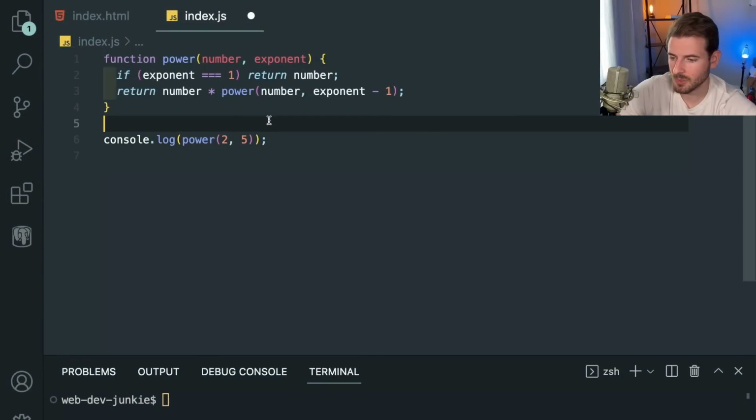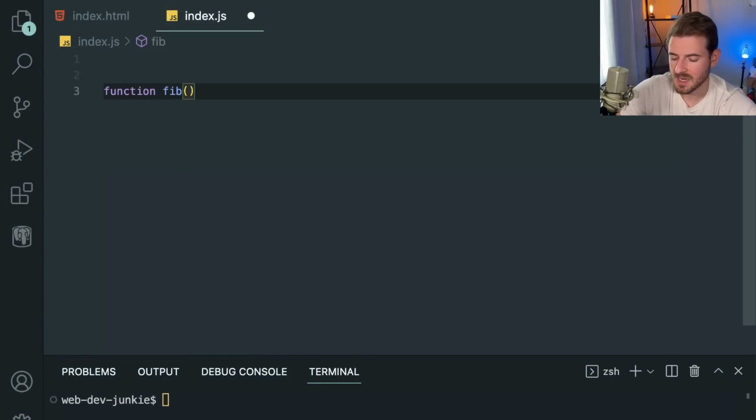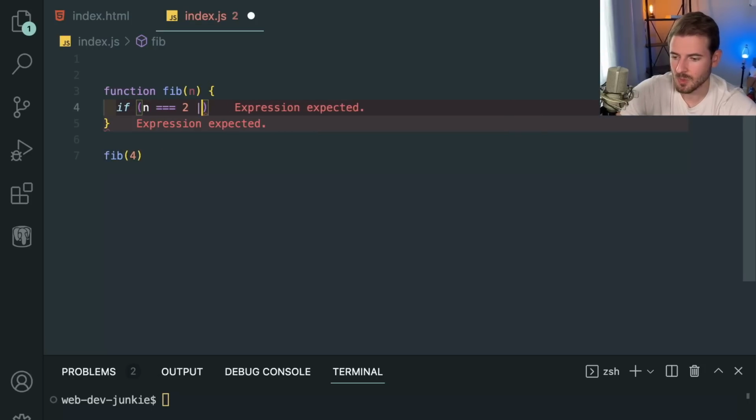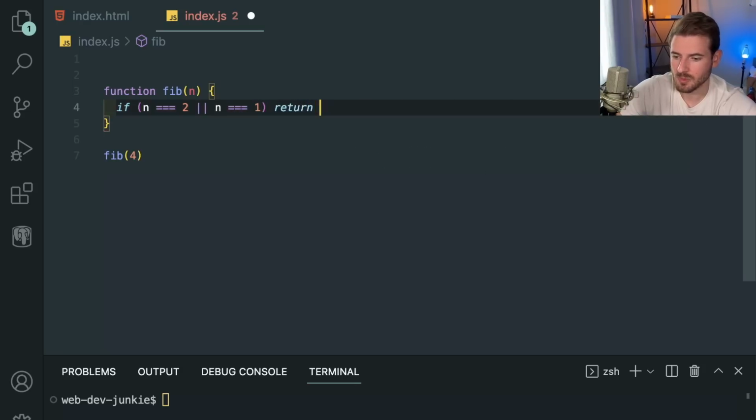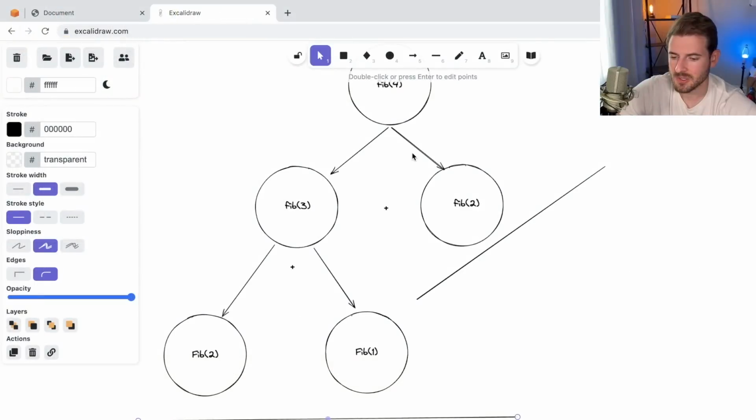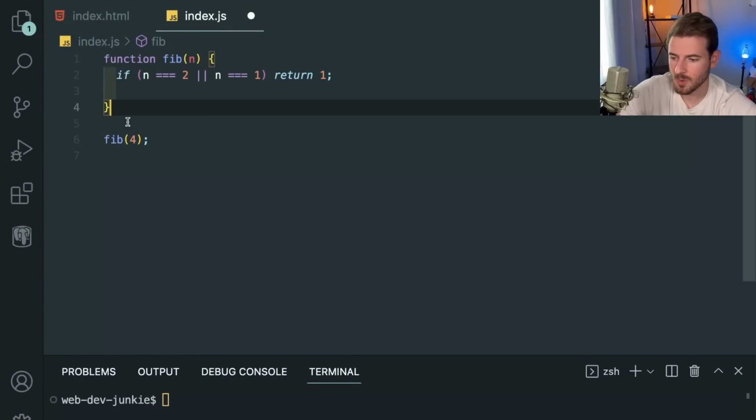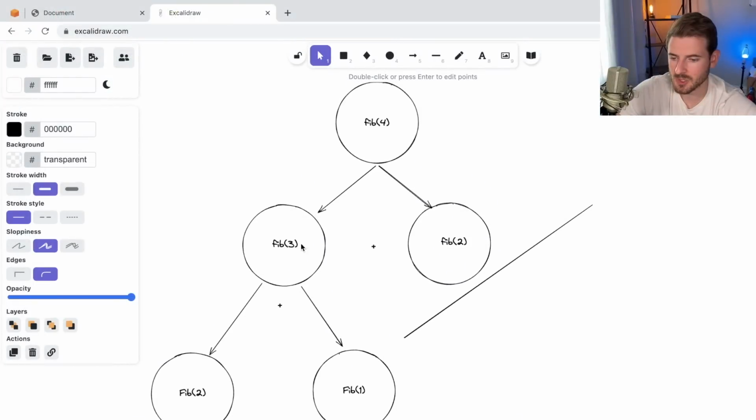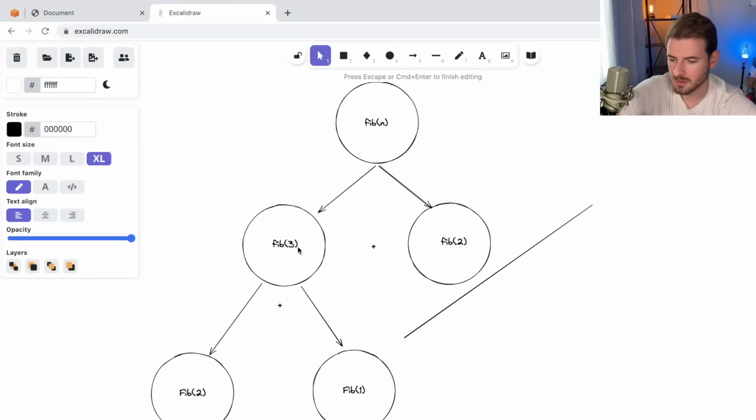So let's go over to the code real quick. I'm going to make a function called fib that takes in a number, and I'm going to call fib of 4, like so. And then the base case that we need to start with is if n is equal to 2 or n is equal to 1, then let's just return 1. And now we need to go and figure out the recursive call, okay? So what we just created here is basically emulating the same tree structure, fib of 4, although you could replace the numbers with n. This could be n minus 1, and this could be n minus 2,